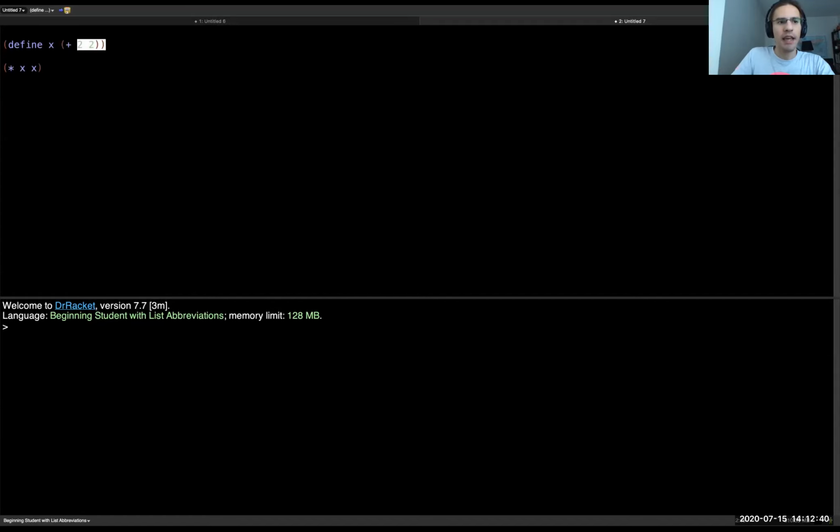The first one is define x 2 plus 2. Now it'll look at 2 plus 2, and 2 plus 2 is not a value. So Racket will try to reduce 2 plus 2 down to a value. It'll perform the computation and get 4. Now 4 is a value, and Racket will check that it's a value. Then I press the button next, and I see what happens next. Now, Racket has checked that 4 is a value and that this definition is allowed to stand. Then it'll start processing the next expression, which is...